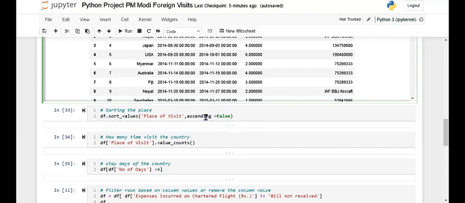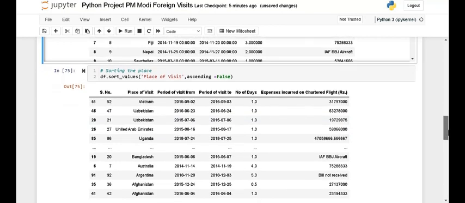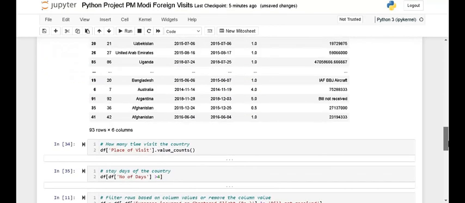By default the ascending value is true, but if we want to show the sorting in descending order, then we give false. So first is Vietnam, then second is Uzbekistan. Now it starts with the decreasing values.